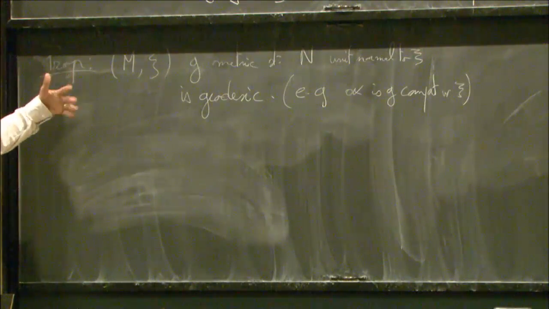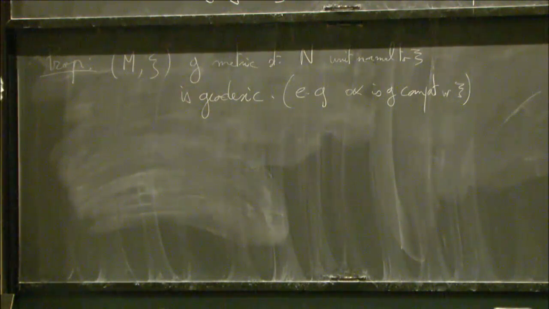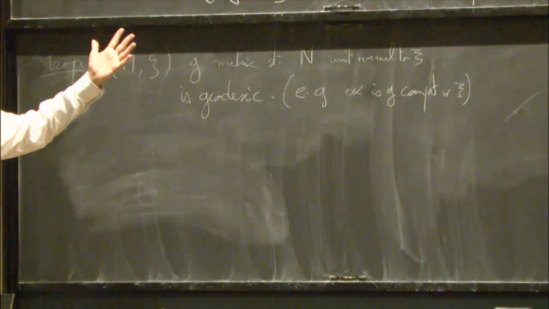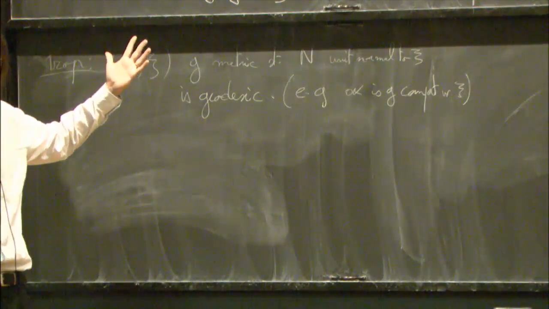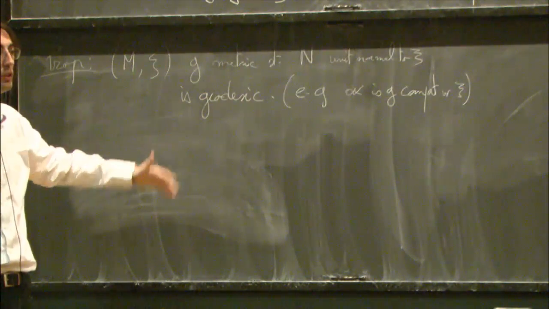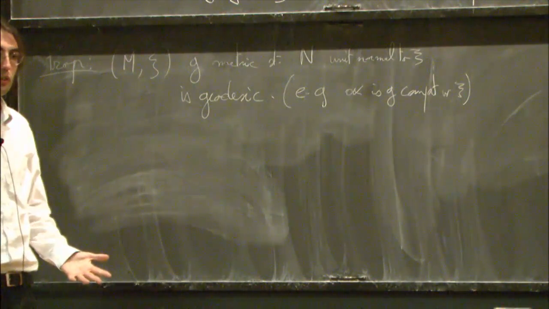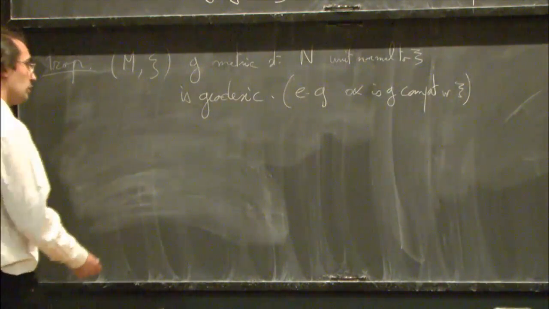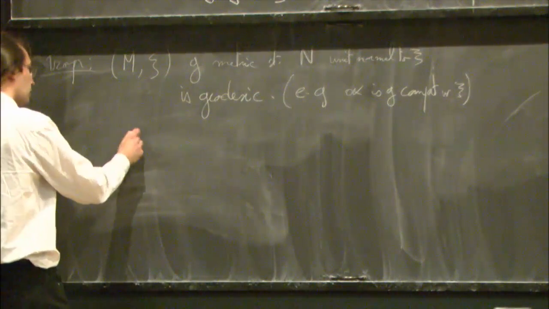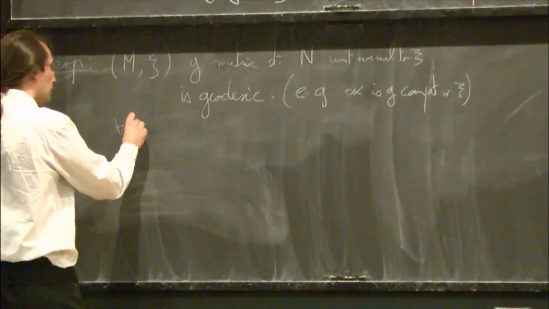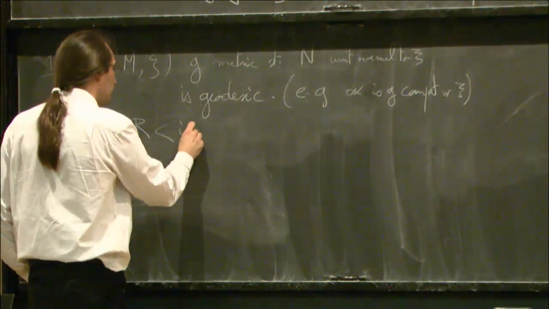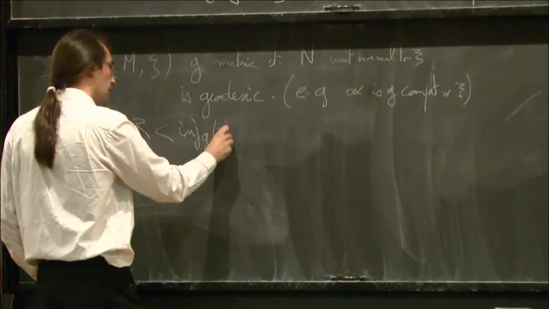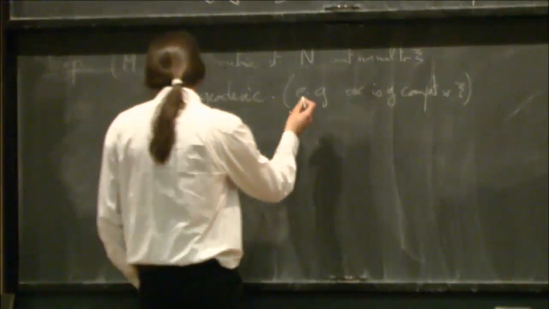Usually when you want to check whether a contact manifold is tight or over-twisted, if you want to prove it's tight, you have to hunt over-twisted disks a lot. I mean, it's not easy to prove that there is no over-twisted disk, because over-twisted disks could be hidden. But not in this situation if you look at a ball. So if you have any radius r which is less than the injectivity radius of the metric, say at some point P, then